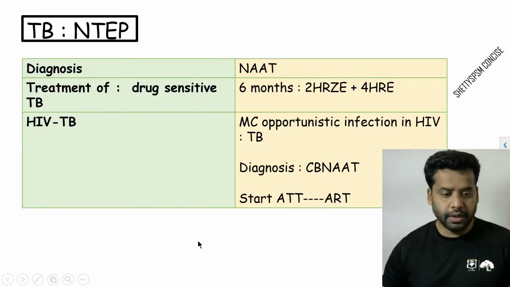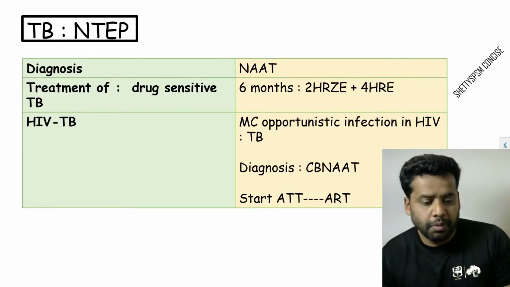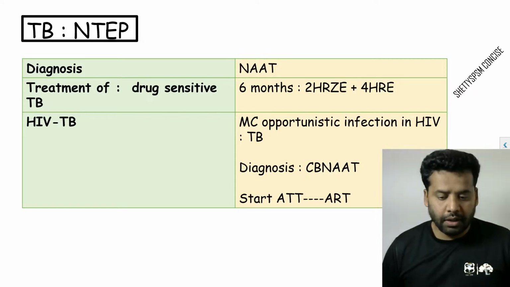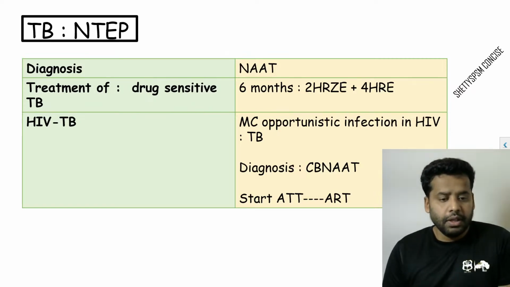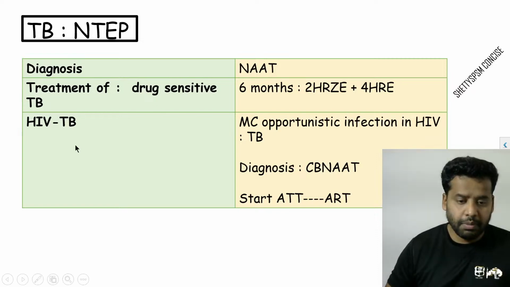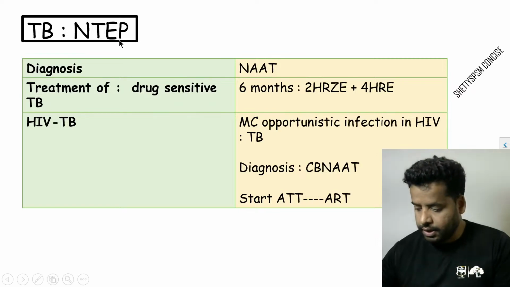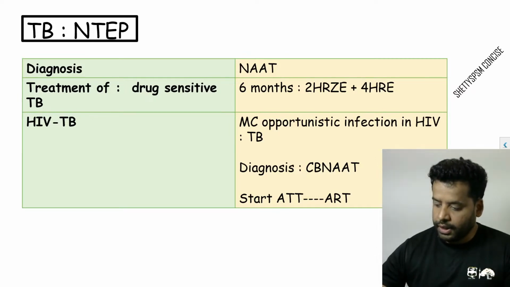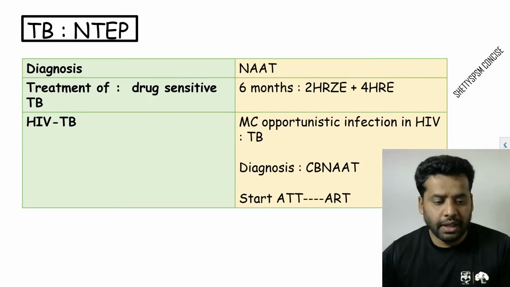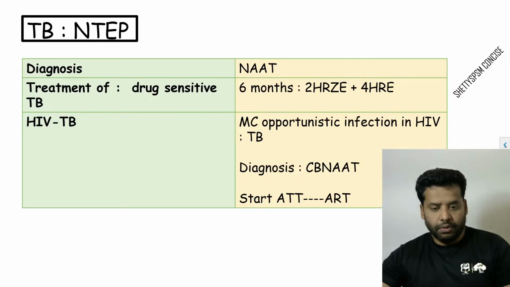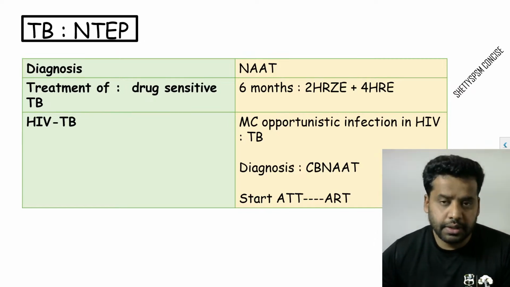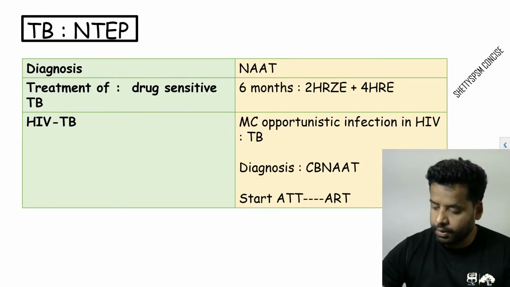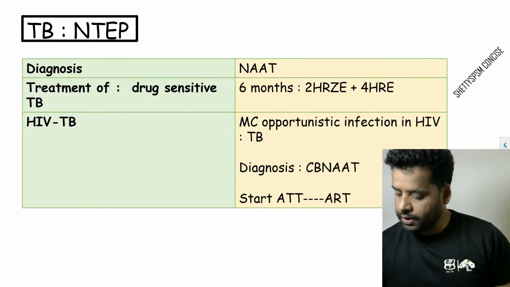So the next thing is we were discussing some important questions on communicable diseases and other topics left in the part 2 session. Tuberculosis, National TB Elimination Program. For diagnostic purposes as of now, we are using CBNAAT directly for all the patients. So what is the diagnostic test of choice? CBNAAT. And if the patient is positive for tuberculosis,